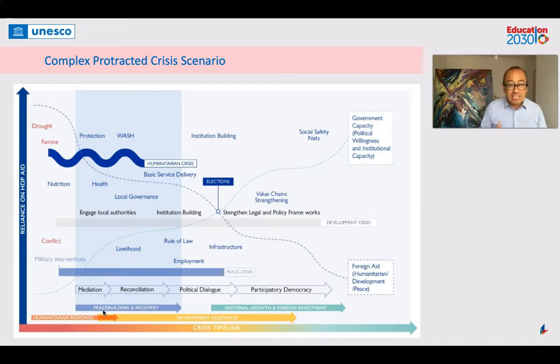And the coherence that you could bring to the planning between these three elements is very important, because that will secure school safety and disaster risk reduction education in the long term.